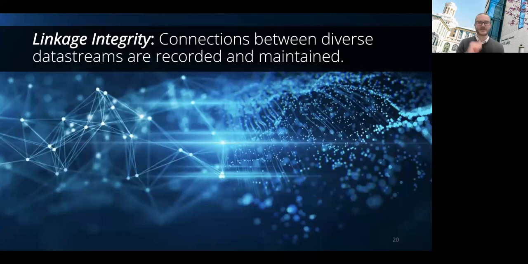So another unique aspect of engineering is that we often extract different types of data for the same artifact at different times. So if we think about a scan to print process, right? We are doing a 3D scan. We're generating a point cloud of an artifact. And then we go through some transformations, and towards the end, we're generating G code that describes the shape in a very different way. So we need to create linkages between these diverse data streams, and we need to make sure that they're maintained and auditable, because that's the only way that we can start to really make insights across the entire design process.